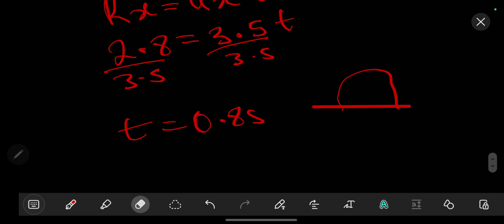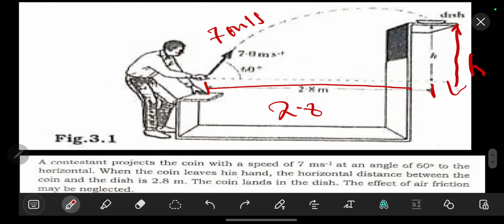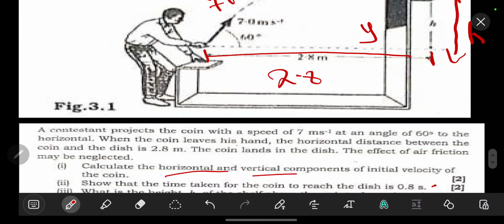Let's look at our next problem. It says, what is the height h of the shelf above the point where the coin leaves the contestant's hand? So they want the height h. This height has to do with the y direction. So we are going to say,